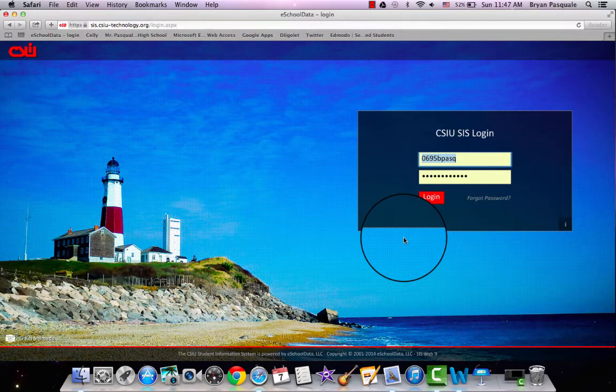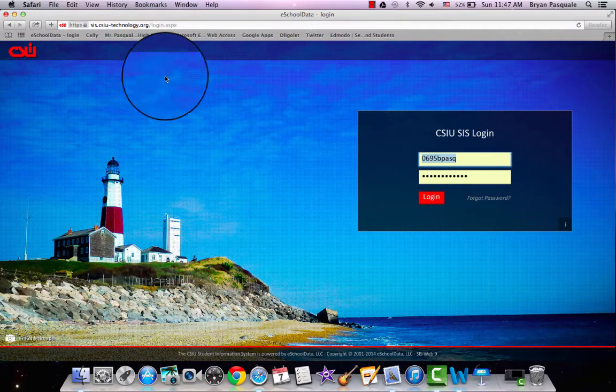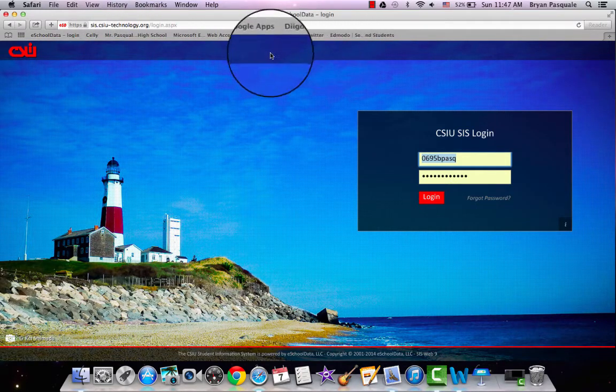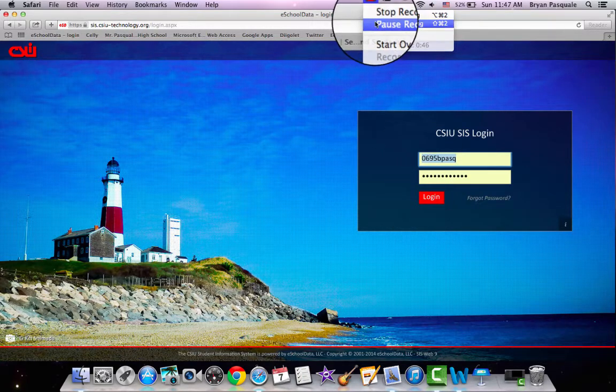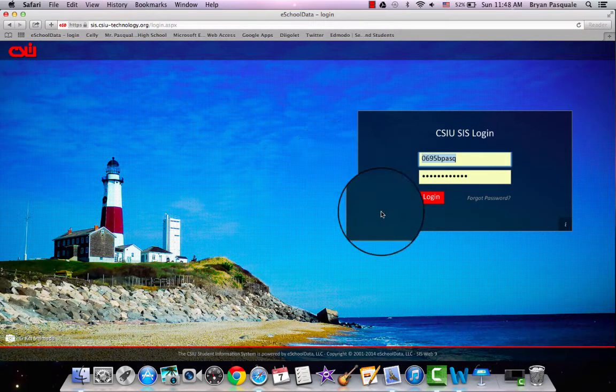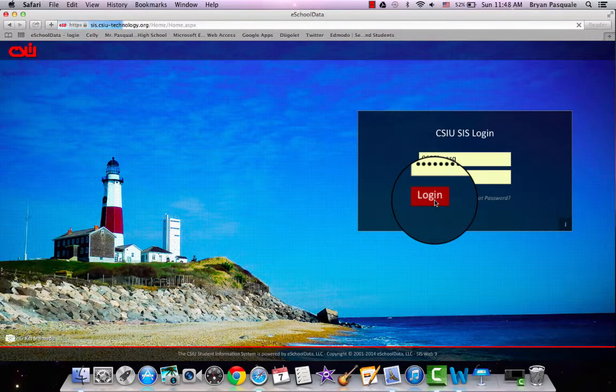First thing I've done, and if you haven't, I suggest that you do it, is add the CSIU login to your bookmarks bar just so it's always there, and try and save your password on there. I know a lot of people don't like to do that in case a student could come up and use it, but if that's something you're comfortable with doing, then go ahead and do it. I usually do it just because I forget all my usernames and passwords. So we log in,